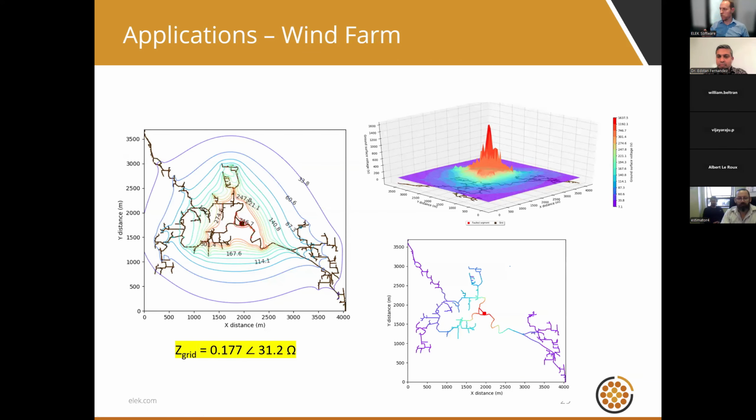We may need to design a wind farm. Those are very expansive. We certainly can model the detail of every single wind turbine at the end of these networks, but really, as I've shown, it's the vast area that's covered by these systems which really dominates the earthing system performance. As you can see, grid resistance is often very, very low for these systems, even if the soil is quite poor.